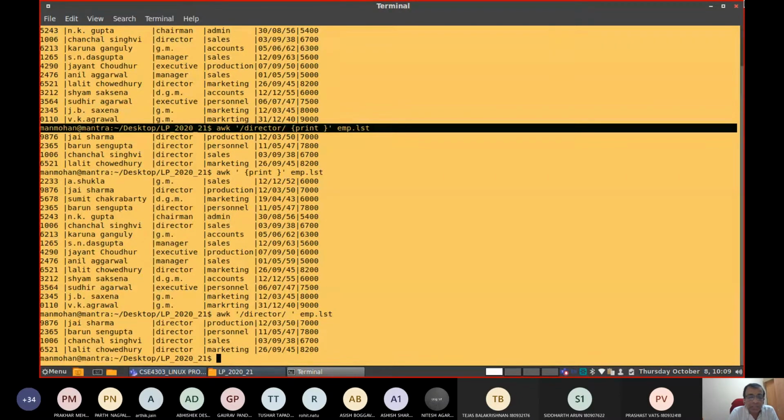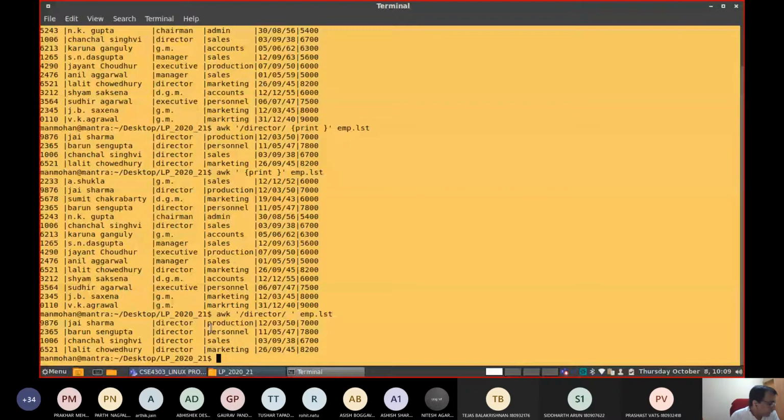So in this particular command, if you carefully see, in the selection criteria and action part I have only the selection criteria. I didn't specify the action. If I don't specify any action, the default action print is applied, and all the details of directors from the given data file are displayed here.